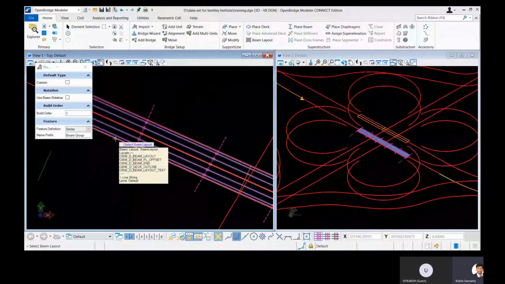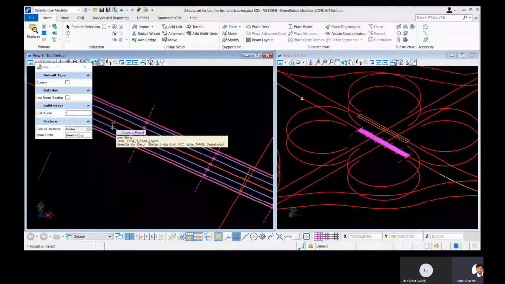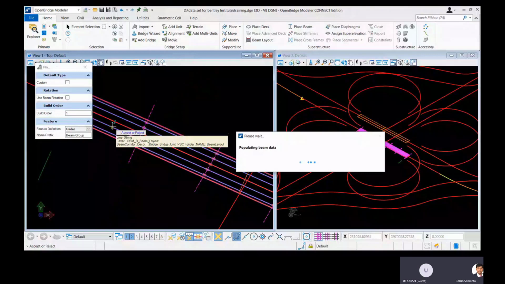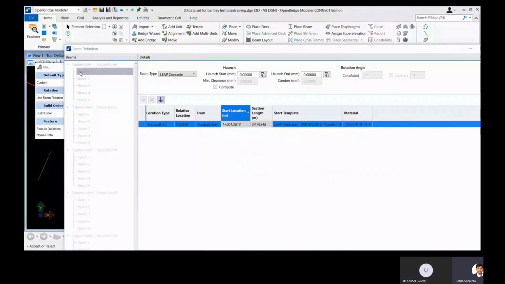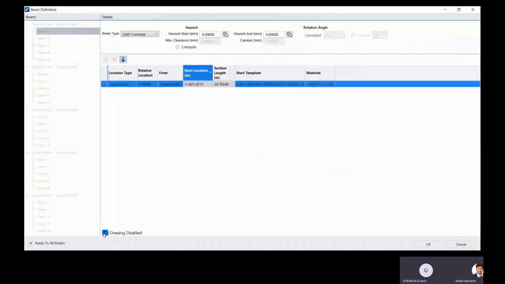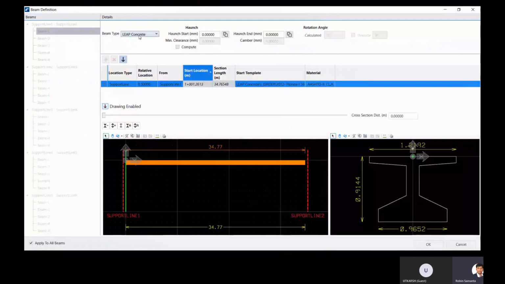And remember, if there is a change in the cross sections, we need to define it systematically. There are options like if you want to apply the same beam cross section to all the beams, you can do it with apply to all beams. That's what we will do. But you can actually apply different beam cross sections to different beams as well. You can see on the left there are options to select by different beams. Here you can select from the library, or you can select the custom beam as well, right?